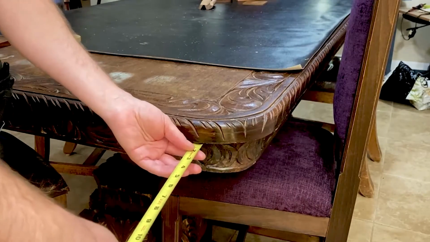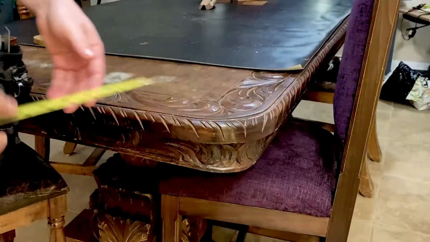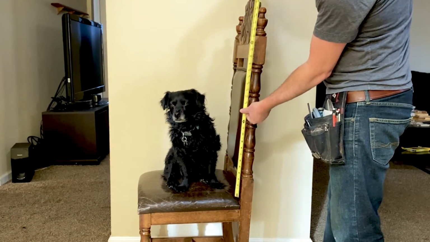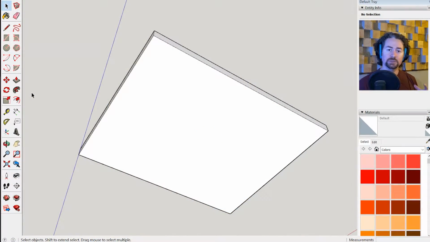This is an opportunity to make another design decision about your piece of furniture. There are a few ways to determine where you want to put the legs on a table like this. One of them is study the style of the furniture that you're trying to emulate, or measure a piece of furniture that you like and see how far in the legs are set. Another option is just trial and error in SketchUp to see what it looks like.